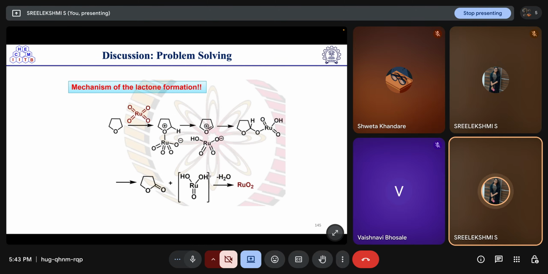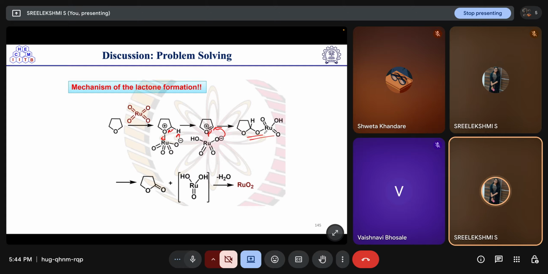So how is it happening? Firstly, this ruthenium will coordinate with this oxygen, so it will form this particular intermediate. Then what will happen, this O minus will take this proton, this bond will shift over here and this will break, so that will form this particular intermediate. Then what will happen again, this O minus will go and attack over this carbon, and this will stabilize the positive charge on nitrogen,